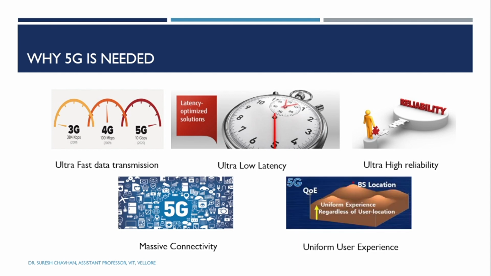Another performance parameter is the uniform user experience. You can see in the metropolitan cities, for example Bangalore, Delhi, Mumbai or Chennai, the growth rate in terms of building infrastructure has grown like anything. But they are all not uniform, right? One is very high, another is low, medium. Like this the infrastructure is there.